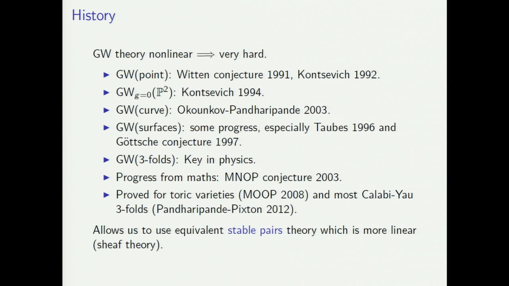Okay, so we're going to use this to convert the Gromov-Witten theory problem to a problem in something called stable pairs. So it's a more linear theory in some sense. It's a sheaf theory. Okay, so K3 surfaces, the history is that